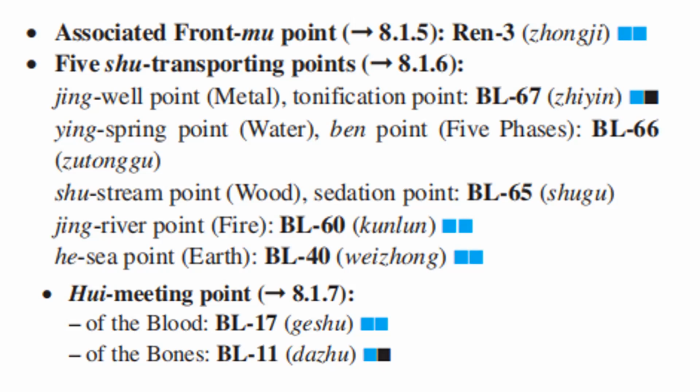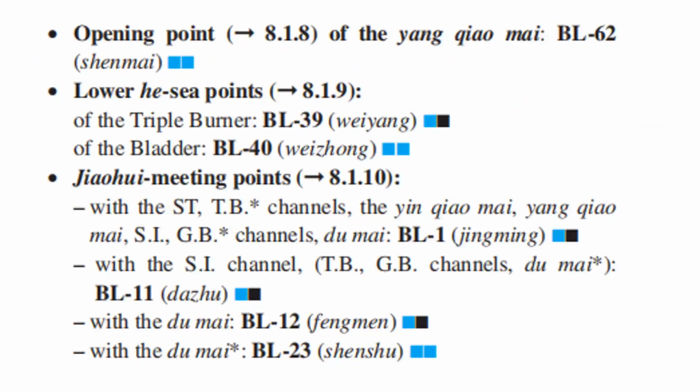Influential meeting point of the blood, bladder 17. Of the bones, bladder 11. Opening point of the Yang Qiaomai, bladder 62. Lower he sea point of the triple burner, bladder 39. Of the bladder, bladder 40. Meeting point with stomach, triple burner channels, and Yin Qiaomai, Yang Qiaomai, small intestine, gallbladder channels,